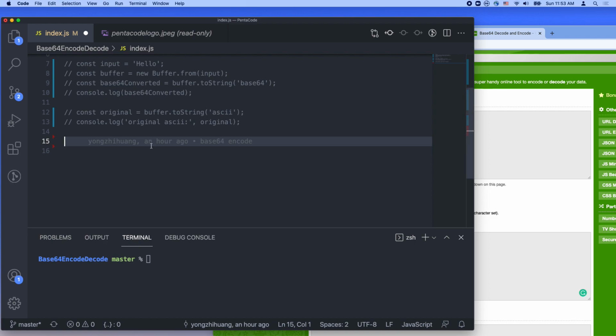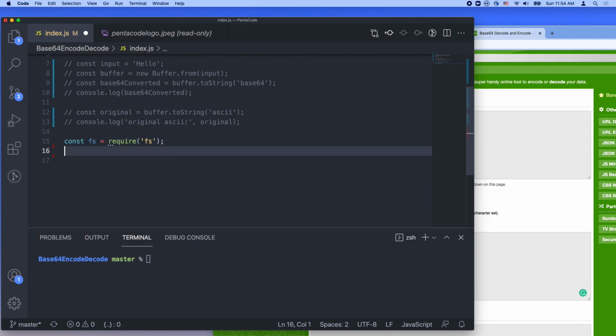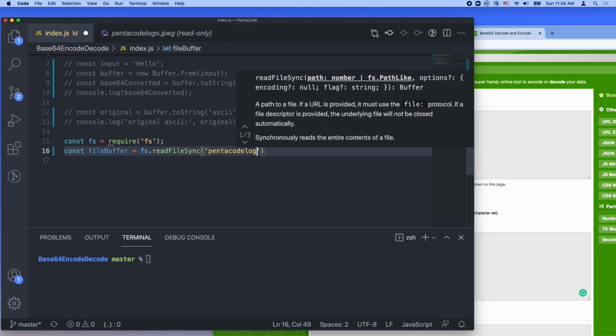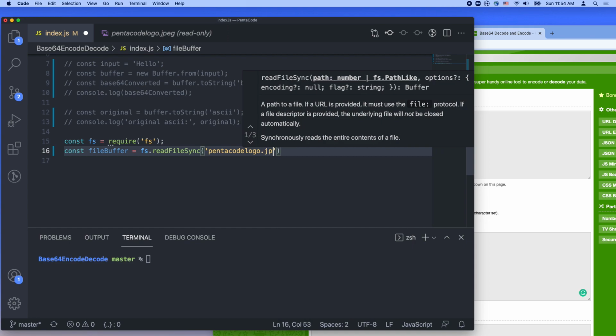It's a very, very similar process, except this time we need to use the FS library to load in the file. You may use FS async if you want, but for our case, it's very simple. We're just going to do it synchronously. So we have a file. Let's call it file buffer. File buffer, we're just going to read file sync. We're just going to read the file in, and it's pentacle logo.jpg.